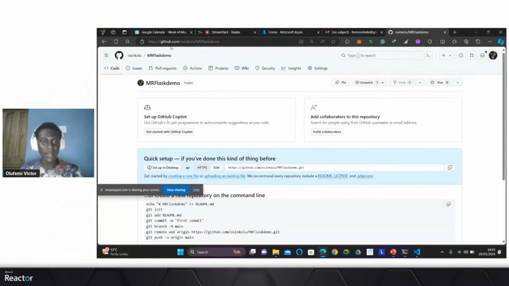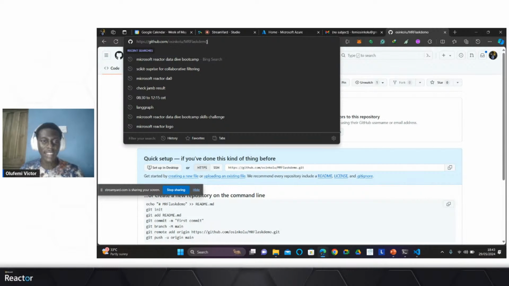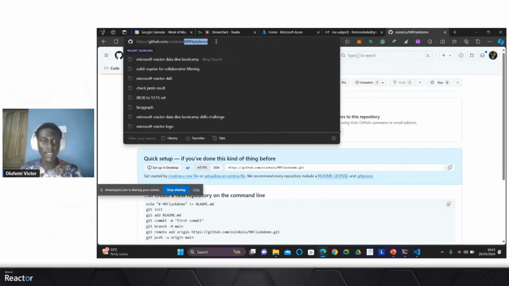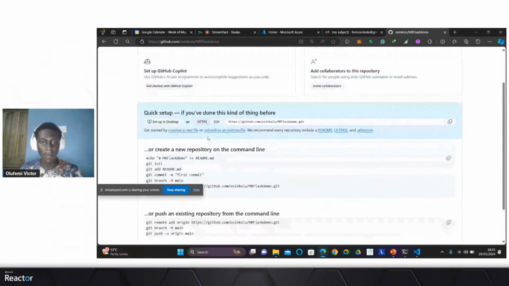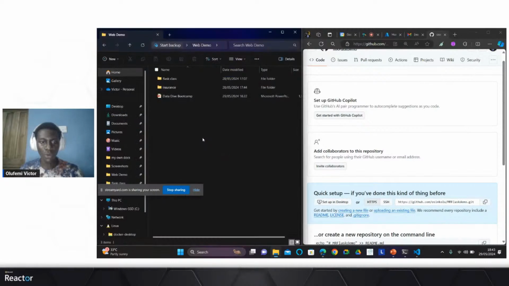and you can always find it on my GitHub, and my username is Oshinkolu, and then you can essentially find it in Flask demo. All right. So let's go in real time now. Let's try to see how we can then upload the code.